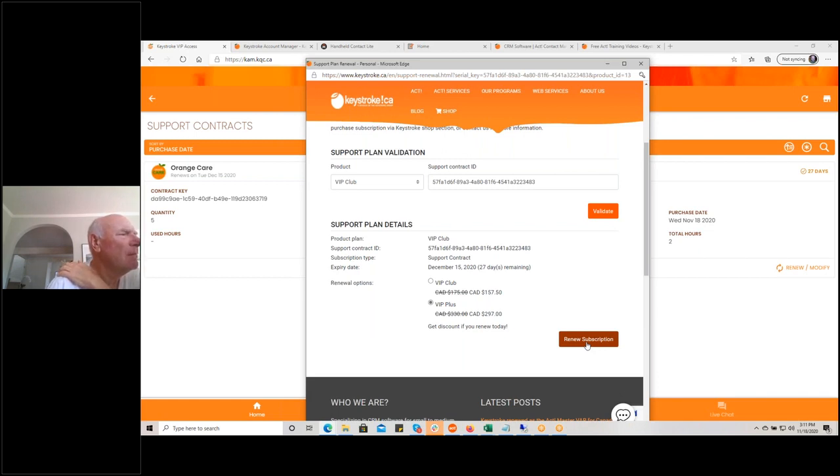Okay, so we're really pleased with this. This gives people the ability to really manage their support contracts for maximum savings and convenience, really anytime. And now you can do it from the convenience of your own phone or mobile device, where you don't really have to copy or paste or anything. And you just follow through the renew subscription process, and it's like checking out from anything else in our shopping cart. Okay,